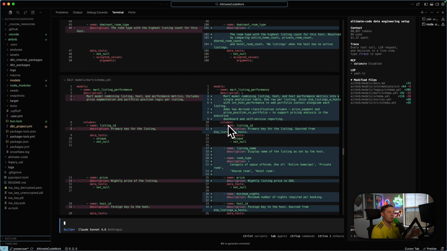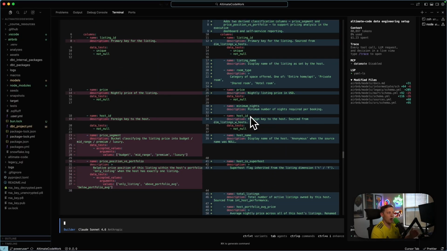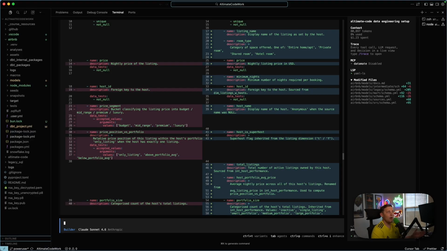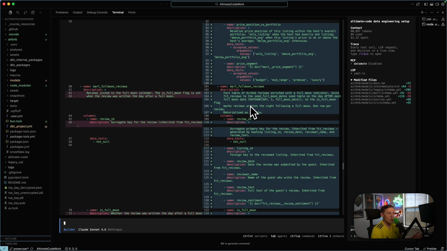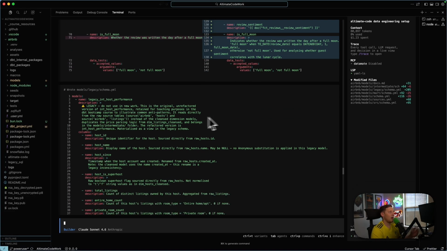So we also get the model's MART schema. Again, we're getting a better model description here, and then all of these columns are getting better descriptions than they ever had before. Which is really great. Same thing for the accepted values, so on and so forth here. All good stuff. We also wrote models legacy schema.yaml, which again,